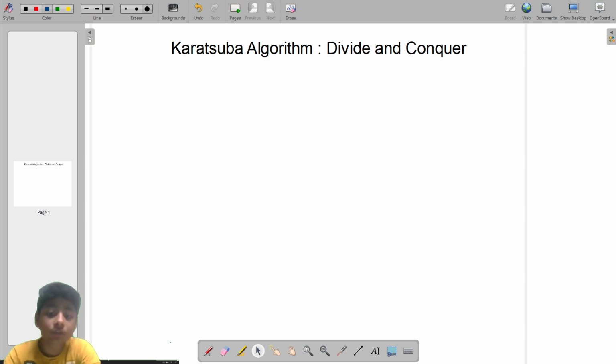Now we will understand what is the need of this algorithm, why is this faster than the grade school algorithm, and first of all, how do we compare these algorithms. So the first basic step which we are going to consider is how we can compare these algorithms, or how we can measure their time. So let's understand how we could measure the time. For measuring the time, we use a term called time complexity. Each algorithm has its own time complexity.